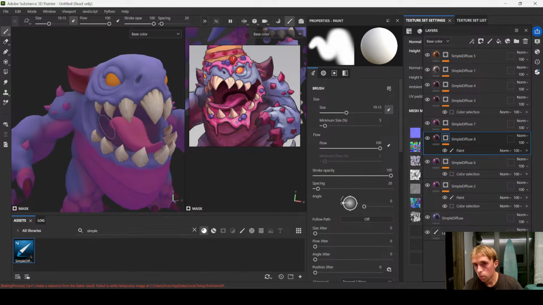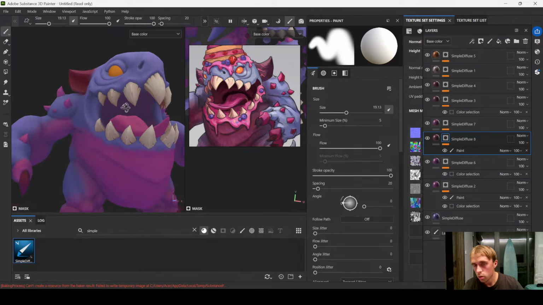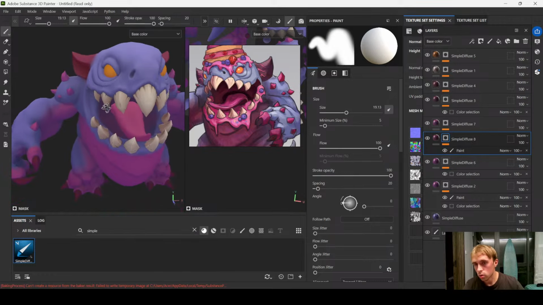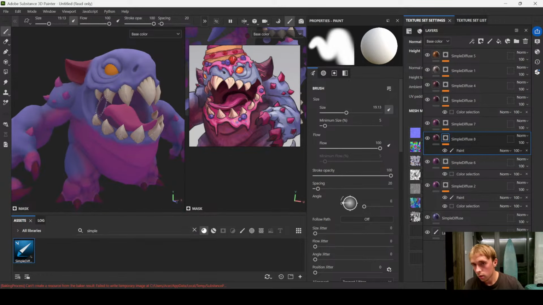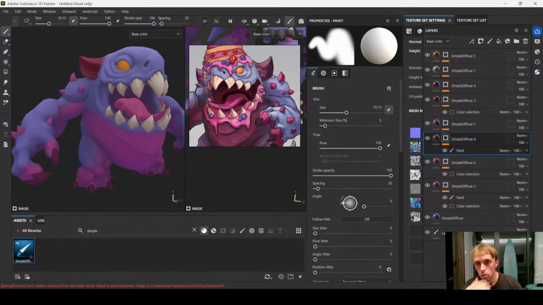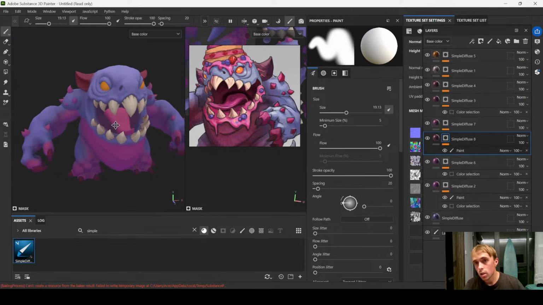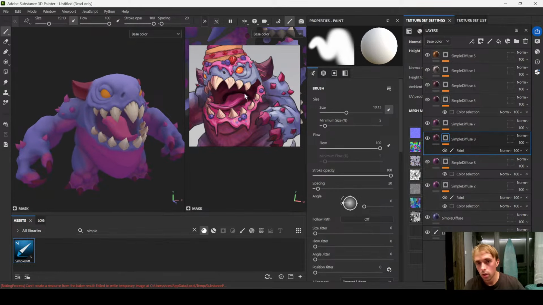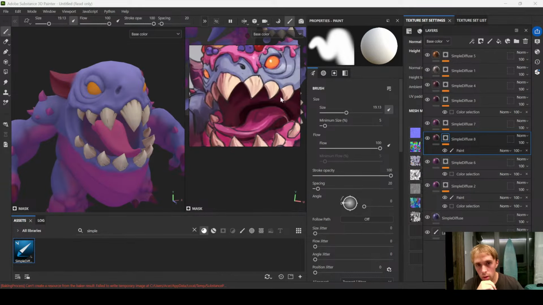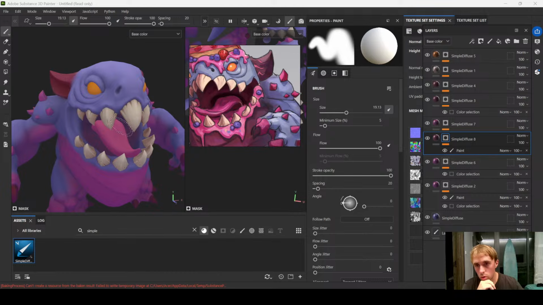Sometimes artists will use the most basic tools ever just to achieve the final result. So it doesn't really matter whether you paint everything in Substance later on. My goal is to show you the principles and tools in order to achieve it, and mistakes that you can avoid. For example, making the color base too bright. You can see even these teeth look very bright in the concept, but we don't need to